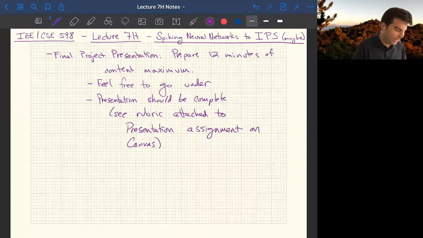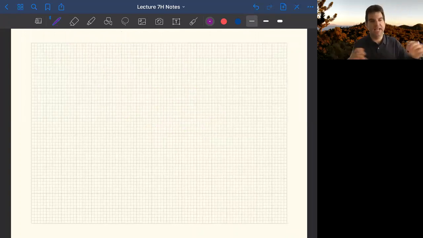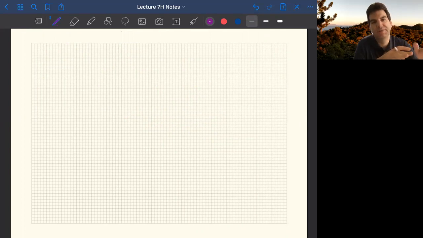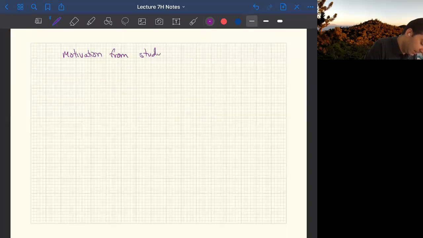All right, so where we left off last time, this is our last neural networks content. If we think about the evolution of where we've been so far, we started out with a motivation from the study of a single squid